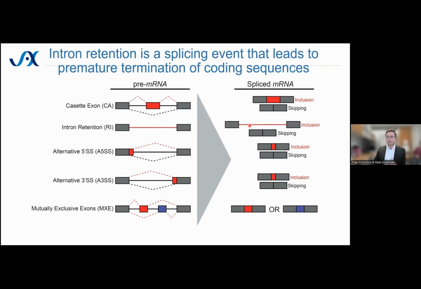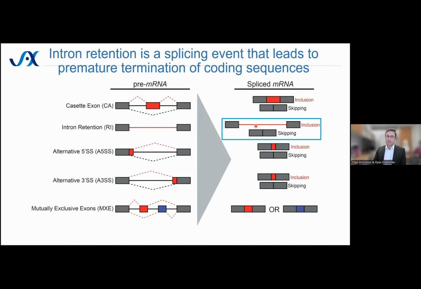Most splicing events, in order to predict something about what they do, you really have to know particular information about that splicing event sequence and its context, because introns are long stretches of nucleotides that frequently introduce premature termination codons. When they are included in a transcript, you virtually always know that the resultant protein sequence is either going to be truncated or non-functional. And so that was particularly interesting to us since these events were enriched among interferon-related genes, specifically in lung adenocarcinoma, suggesting that intron retention might be playing a role in allowing lung adenocarcinoma to evade interferon-related